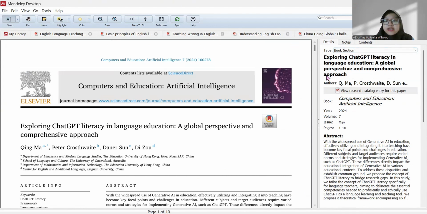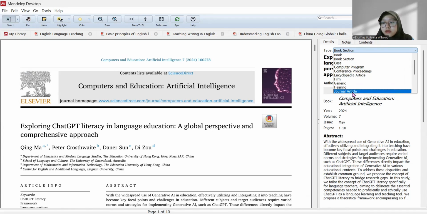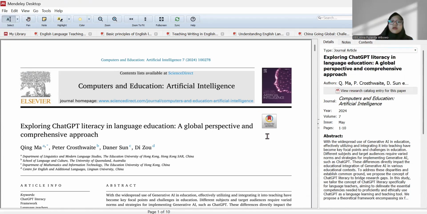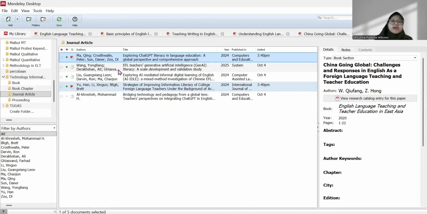And let's see the type of the details. This is a mistake here. This is a journal article file, but in the type detail it is a book section. We should change it into journal article. Okay, next is